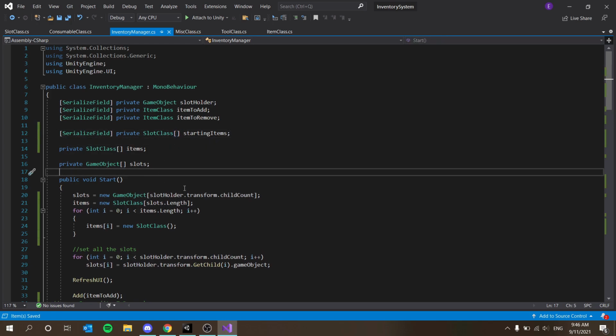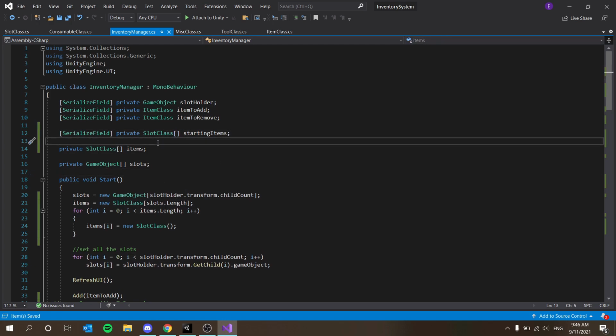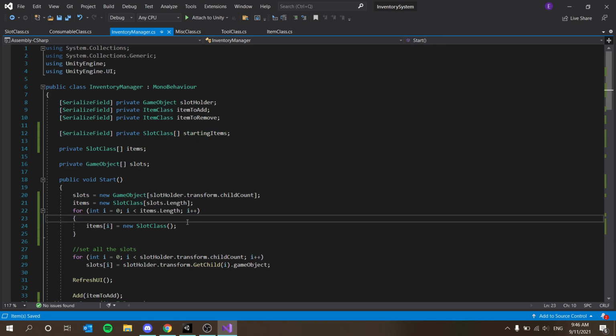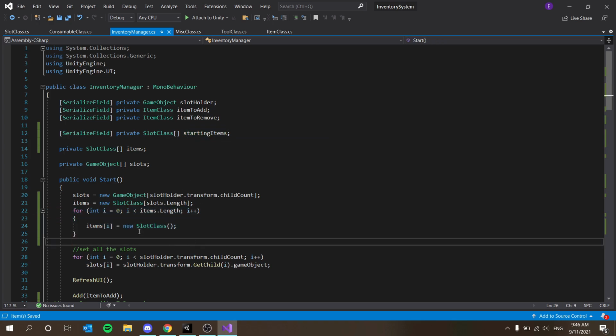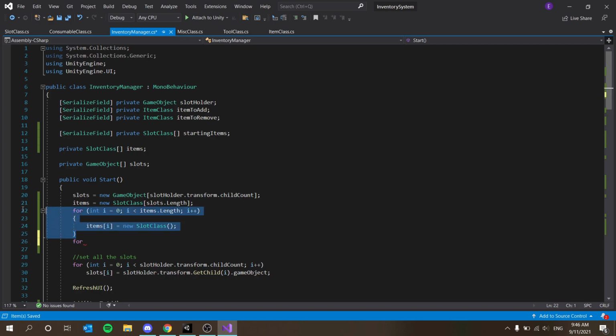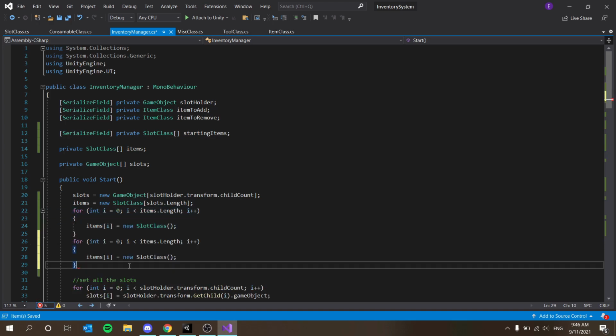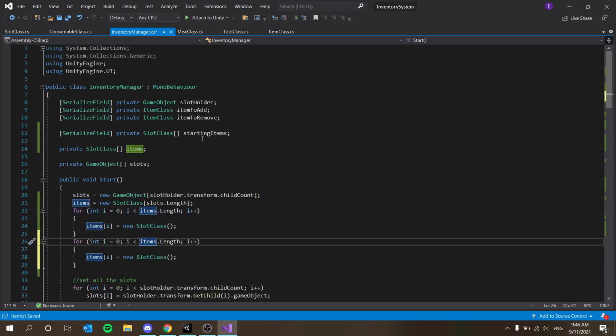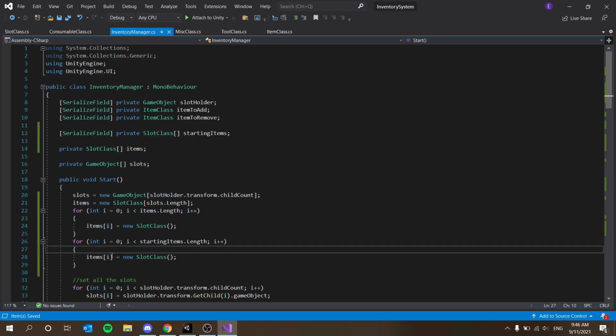Now, what I want to do is say starting items obviously is going to be the items that we start with, right? So I will need to add them in our start function here. So once I initialize all the slots, they all have a value now. I can say for int i equals this, that's fine. I'm just going to copy that, except not items.length. I want to say startingItems.length. And then I can say items[i]